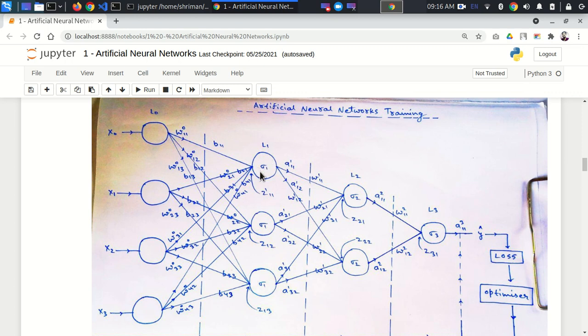And if it is going to restrict this particular neuron, in that case, it is going to silence this particular connection. There will not be any kind of data flow from this node. It will be silent, right? In that case, it will die. This neuron will get died. It will not give any kind of output in this case. So this is a kind of dying problem inside ReLU.